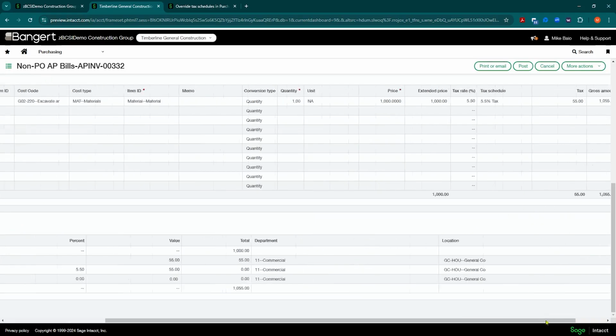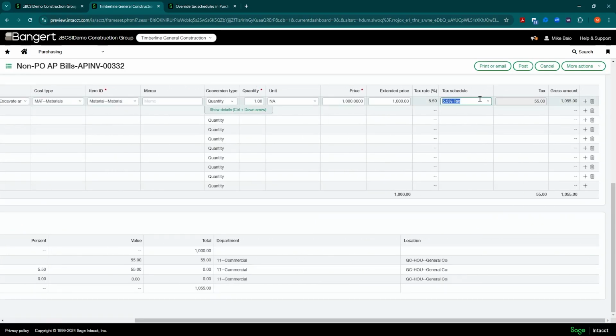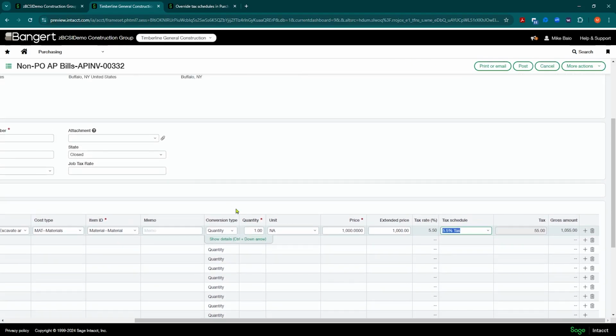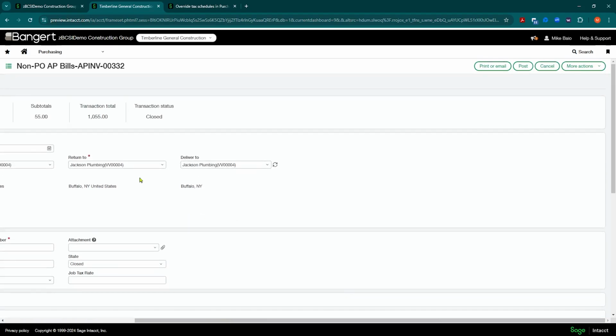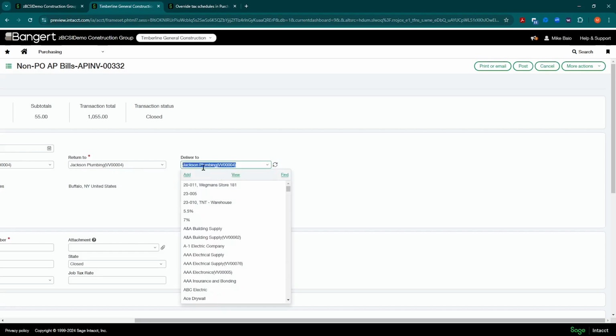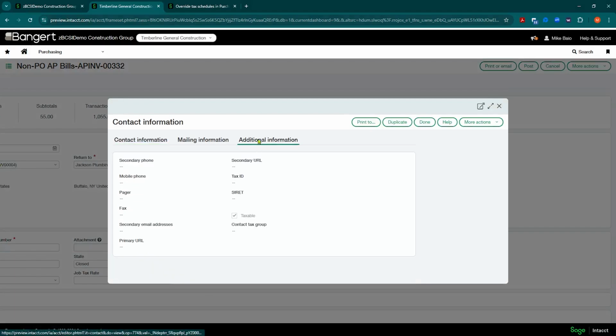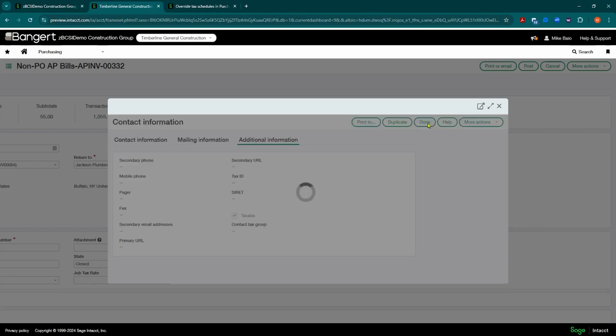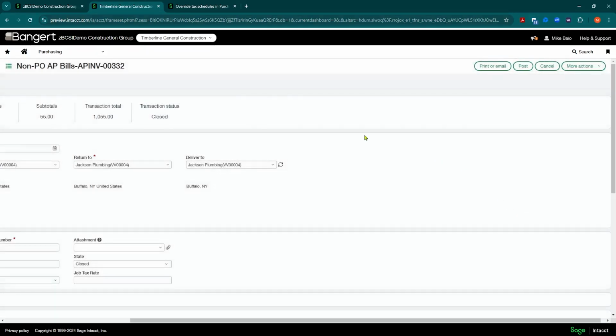So this is going to be a tremendously handy feature for users as they're filling this tax information out, to go ahead and get that document into the system with the correct tax schedule without having to really rebuild and reset up the contact tax group. Later on, you can come back into this contact tax group and realize, oh, it's because there's no tax group on this contact here. That's why it didn't work. So you can fix it long term, but for now, get it into the system. So this is a really, really handy enhancement that's coming out. We're looking forward to seeing it.